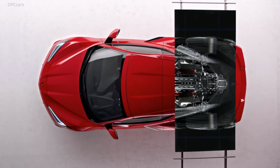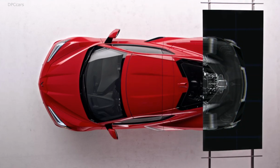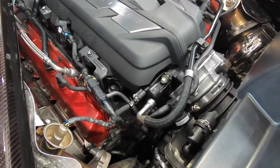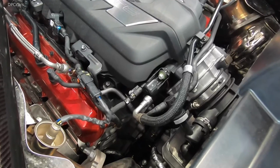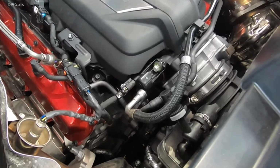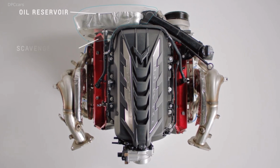The 2020 Chevrolet Corvette can accelerate to 60 miles per hour in just under 3 seconds, which is crazy fast for a high horsepower supercar. The only problem is the Corvette isn't necessarily high horsepower. Not when you consider cars like the Lamborghini Huracan have over 600 horsepower and the McLaren 720S packs more than 700